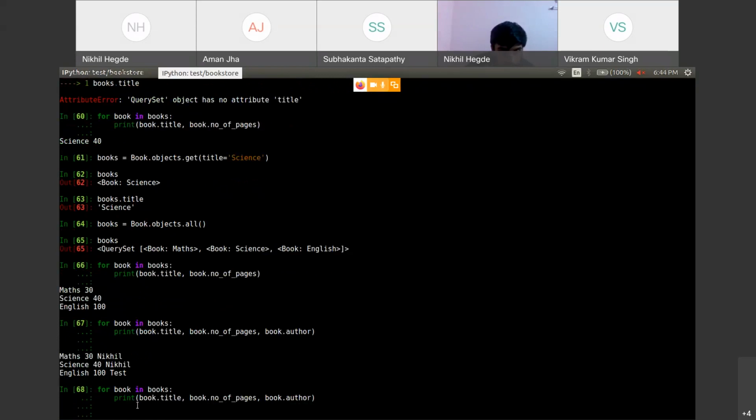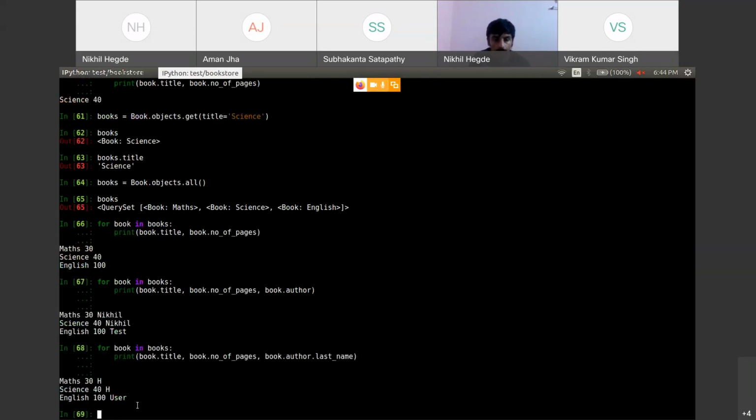Book dot author returns the str, and in the str you return the first name. So I think you can use author dot last name and it will return the last name. Perfect. So whatever you told is correct.